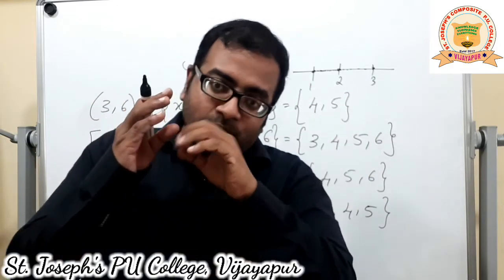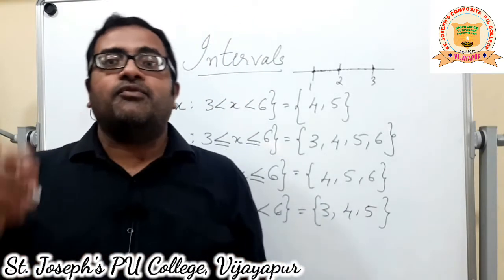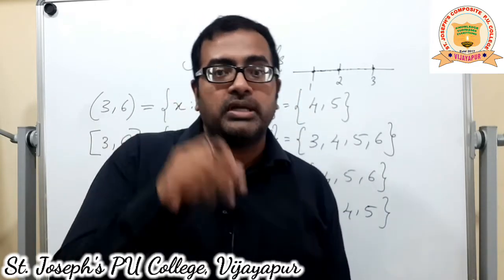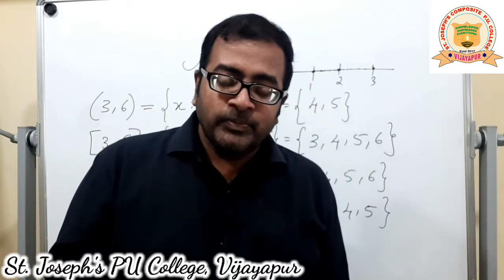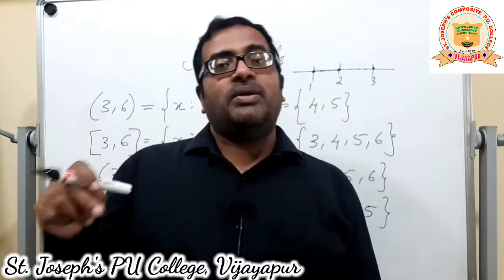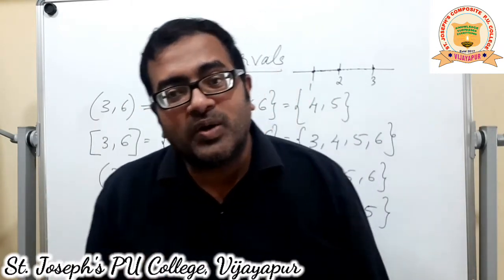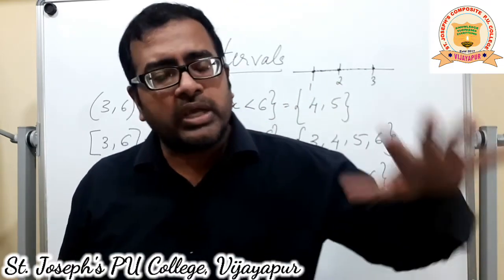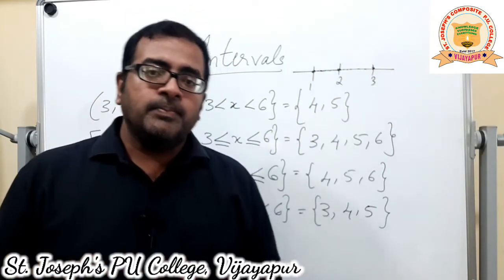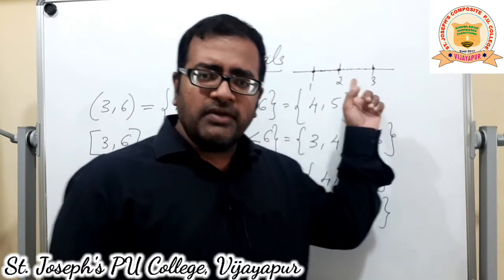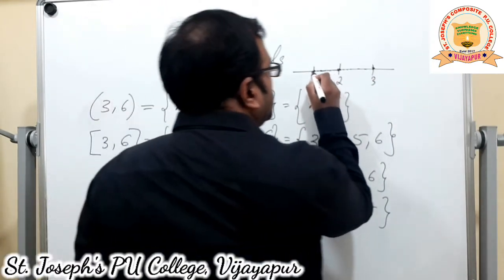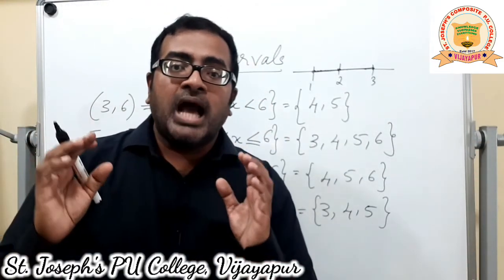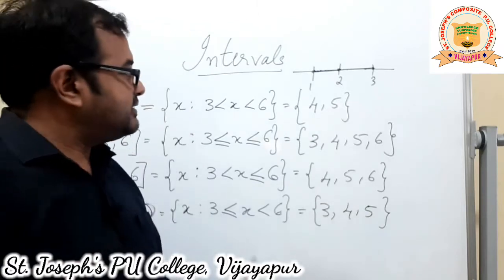What about 1.11 and 1.12? Between them you have again 1.111, 1.112, 1.113, like that 1.119 and 1.12. Considering 1.111 and 1.112, again you have 1.1111, 1.1112, 1.1113, like that you can go on and it will never stop. So there are infinite points on this line, and we will be considering the whole line itself, not in-between points. The whole line will be taken when you are considering real numbers.